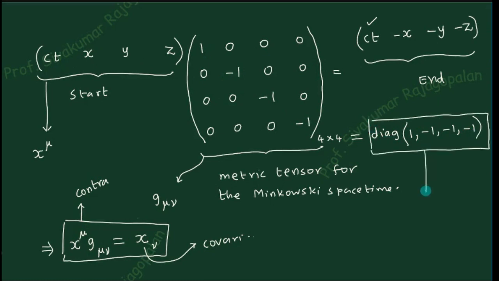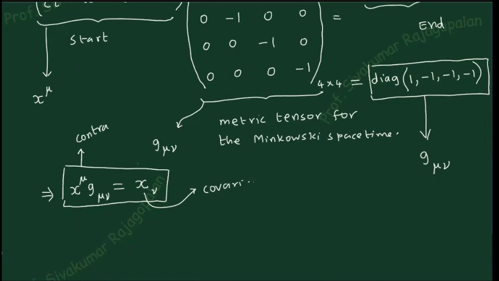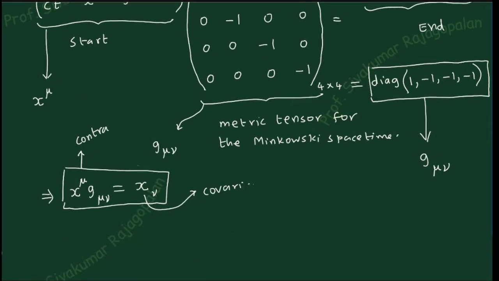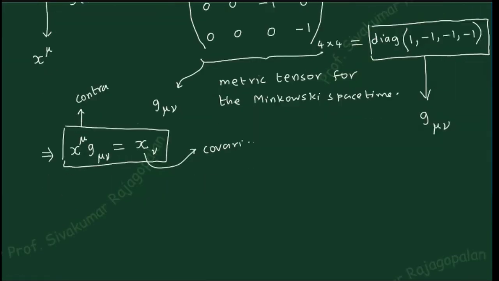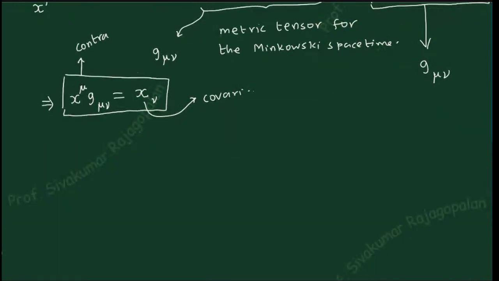Okay, so now you understand that these are the two ways of writing down the expression, and this is what we are going to give the name g mu nu. So now you understood that the purpose of this particular diagonal matrix is to convert a contravariant vector to the covariant vector. Okay, that is the idea. So now the advantage of this is that I am able to generate the minus sign. So now using this notation, what happens is that